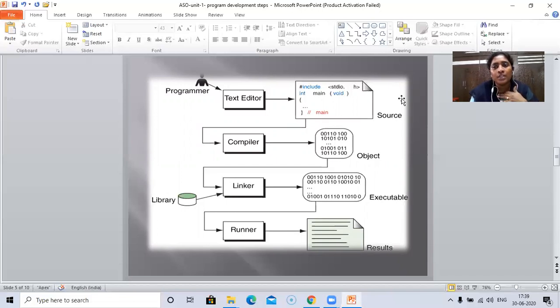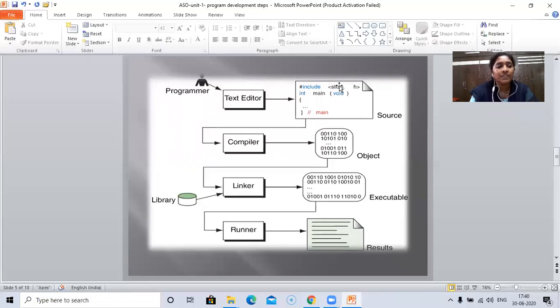Now, the programmer writes the program in the text editor, in human readable form. The output of the text editor, when we save this program, will be considered source code, and when it is saved to a file, it is considered a source file.